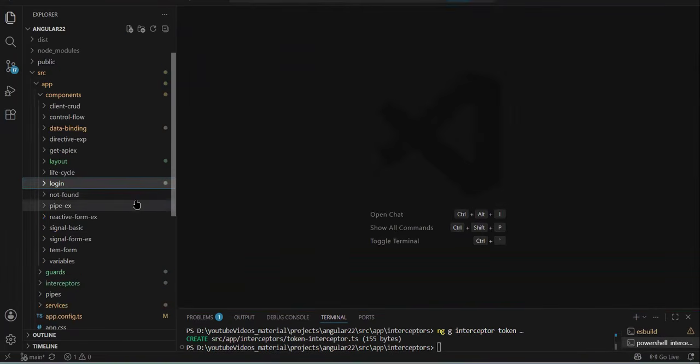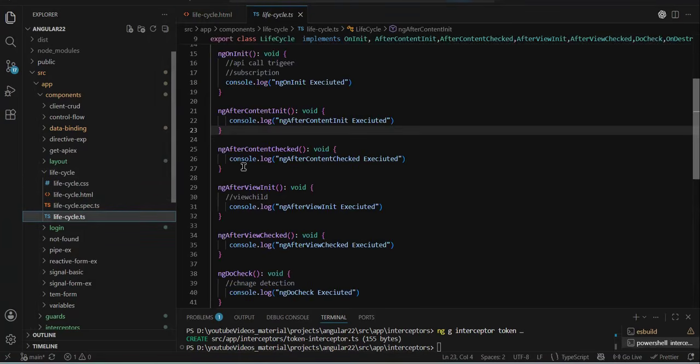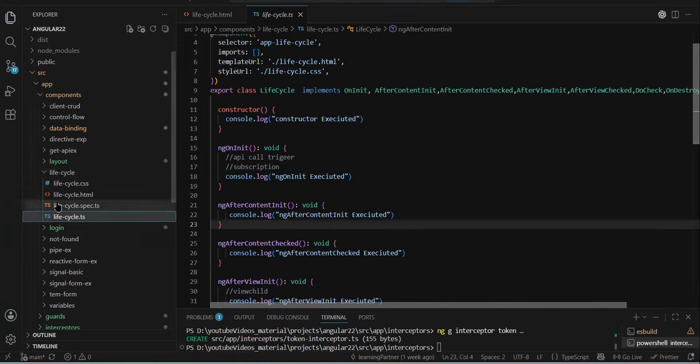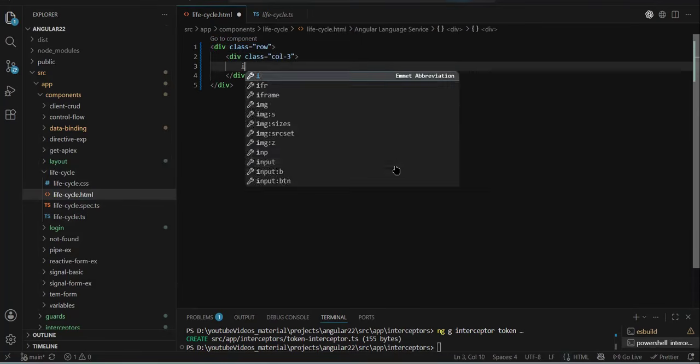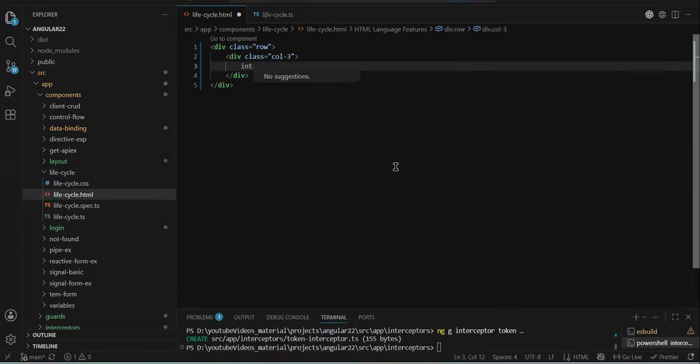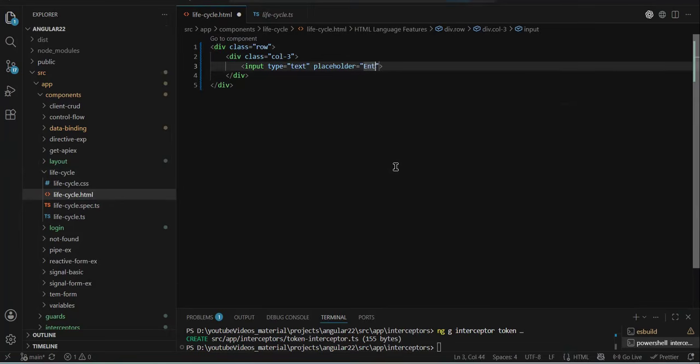So which component will we use? I will use the lifecycle component. In the lifecycle component, I will create some HTML. Row, col-3. Here I will have a simple text box. Placeholder. Let's say